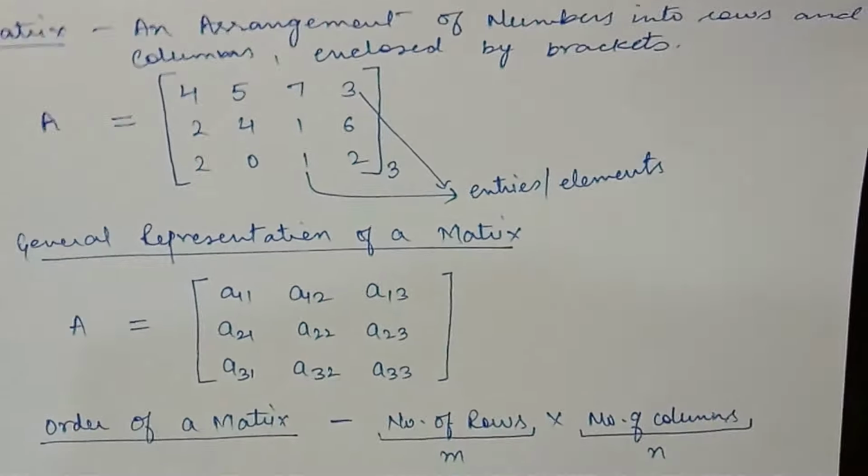If we talk about the general representation, we always write it as m into n. So if I say that the order of this representation, that is general representation of matrix, is m into n, so I have to extend it, that is there are m number of rows and n number of columns. So this matrix can be extended for n number of columns and m number of rows, so it will become mn. So now that is the order of a matrix, m into n, and this is how we have to write the order of any matrix.